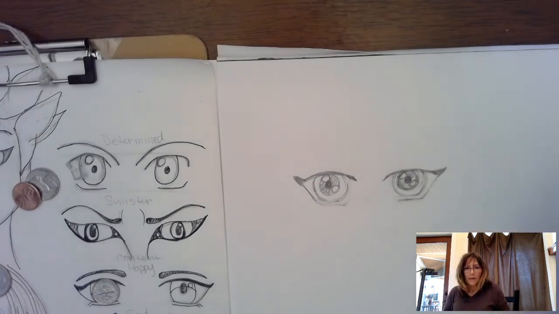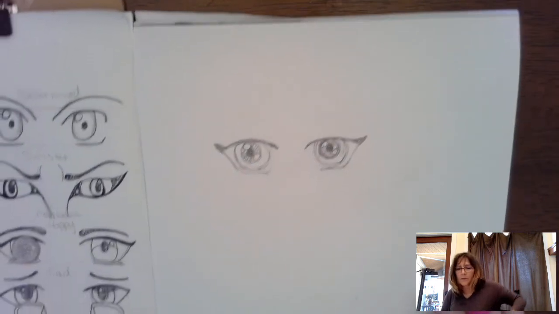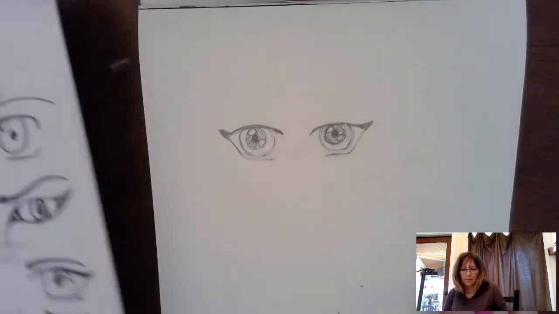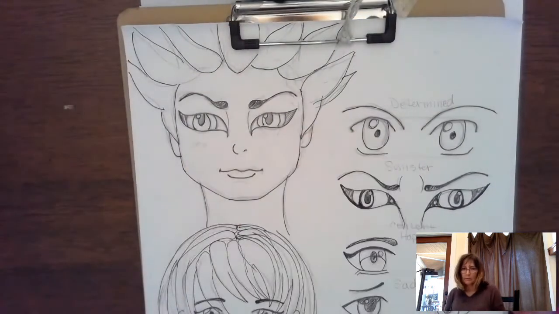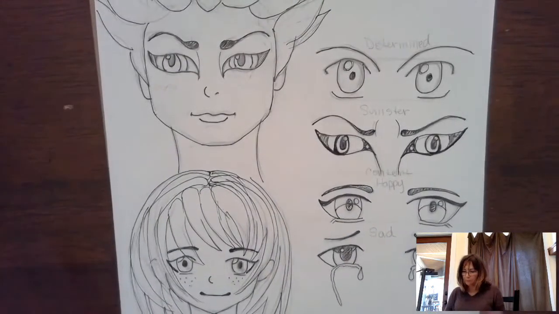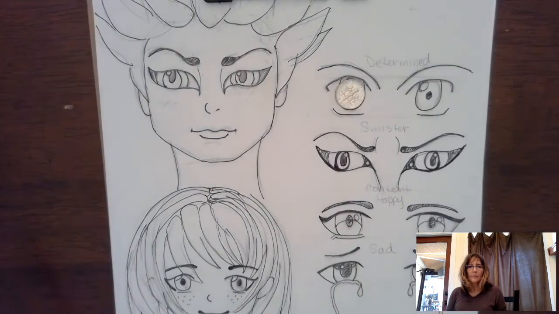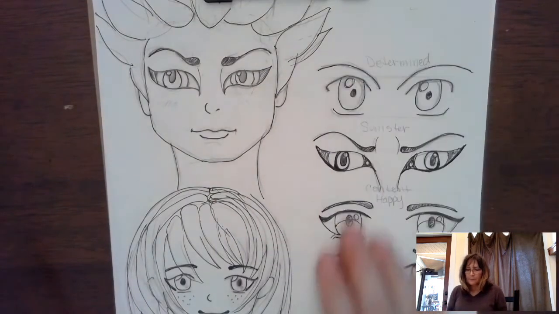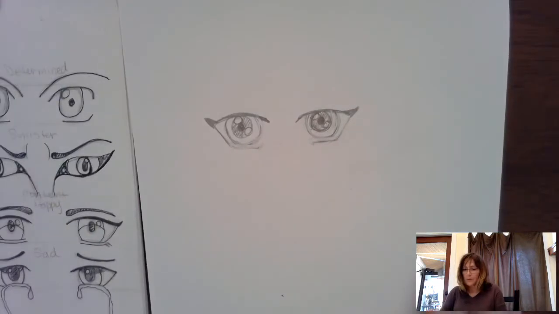So we started with eyes, and of course there's many different kinds of noses you can do as well. And as you can see here, we were able to use a circle for the eye if we need it. It would work there too. But if we don't need it, we can just draw our own circles. Now,